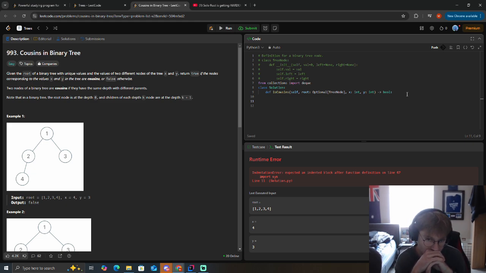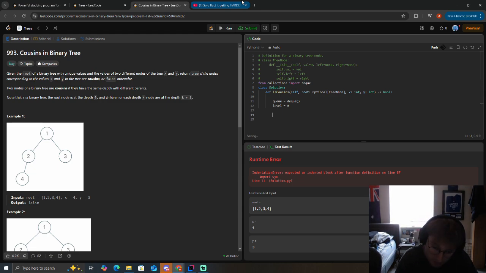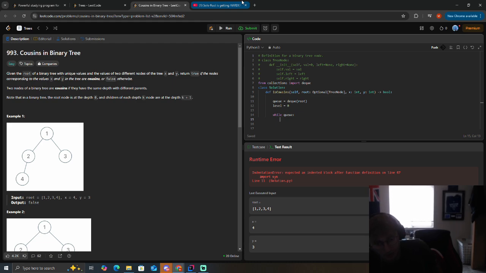There's a few things that we need to do. We need to create our queue. So q is equal to deque. I think that's how we would create it, I hope. We need our level, right? I forget what you just put in the root here. So I guess while q has something in it,